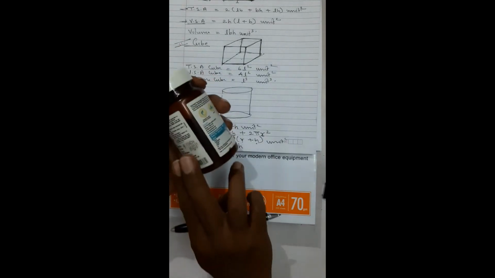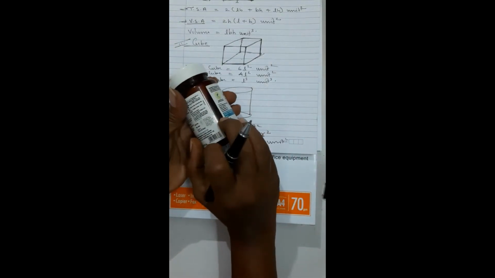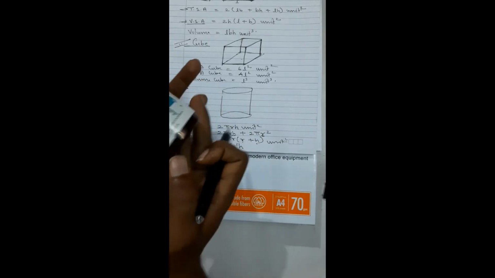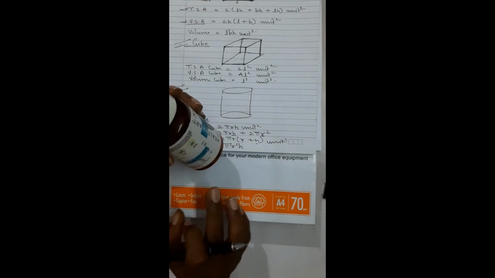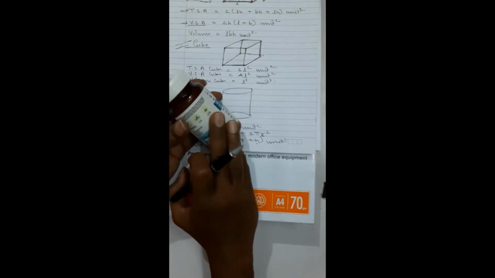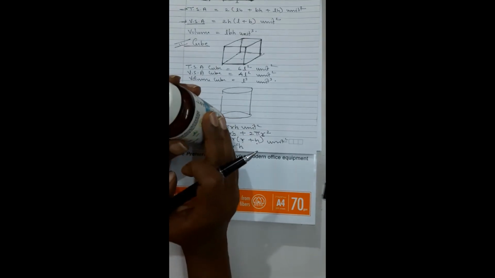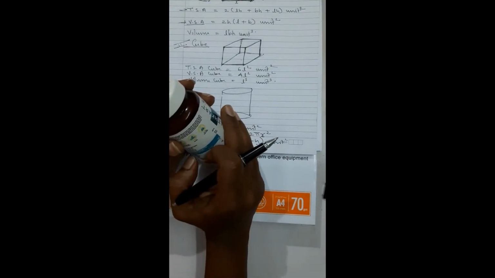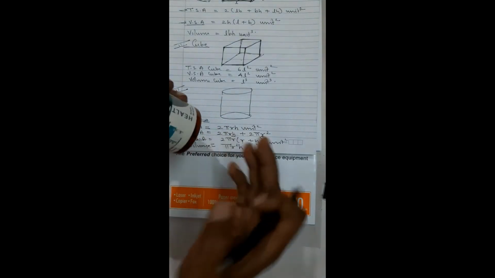Whenever you are dealing with a question, you have to see what you are dealing with. When you are dealing with the walls of the object, it can be like painting the object, or wrapping it with some color. At that time you are dealing with the surface area. And which surface area depends on what you are going to use. It can be curved surface area, bottom surface area only. Sometimes it will be all, everything together.